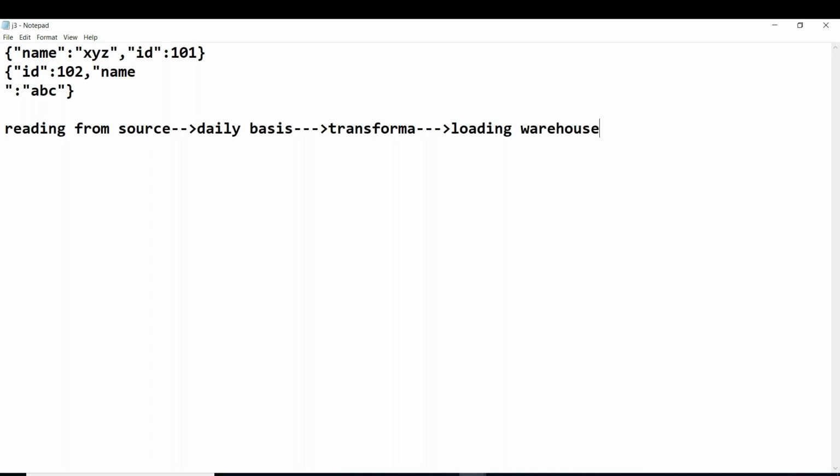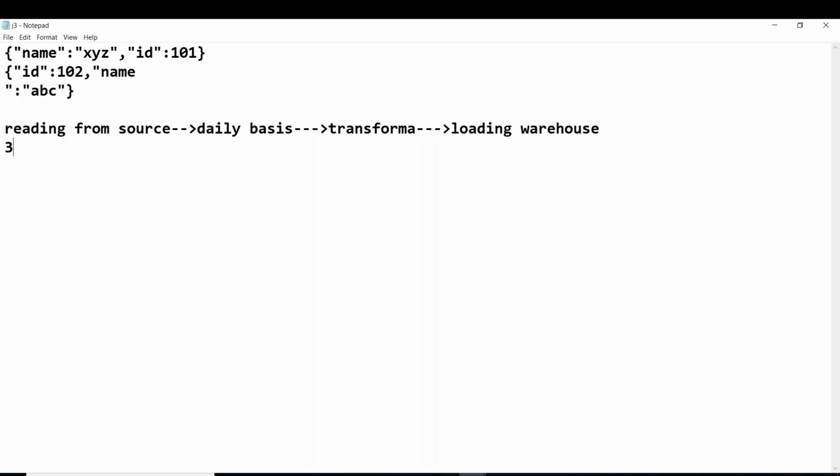And if you write some data today, that should not be done tomorrow, right? Only the data that we get today, only the updated data has to be written into the warehouse, not the entire data. You got my point, right? Suppose it is the 30th, and tomorrow we get the updated data. That updated data only must be processed and updated to the warehouse. So in that case, what do we need to do? Very simple.